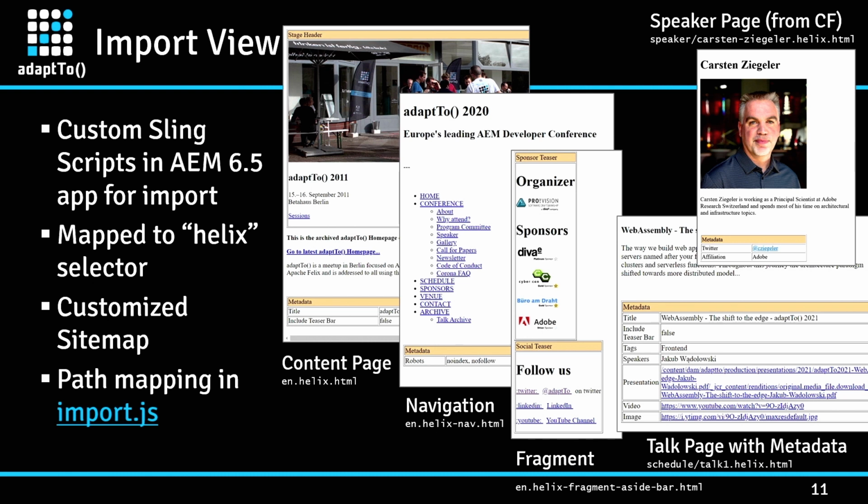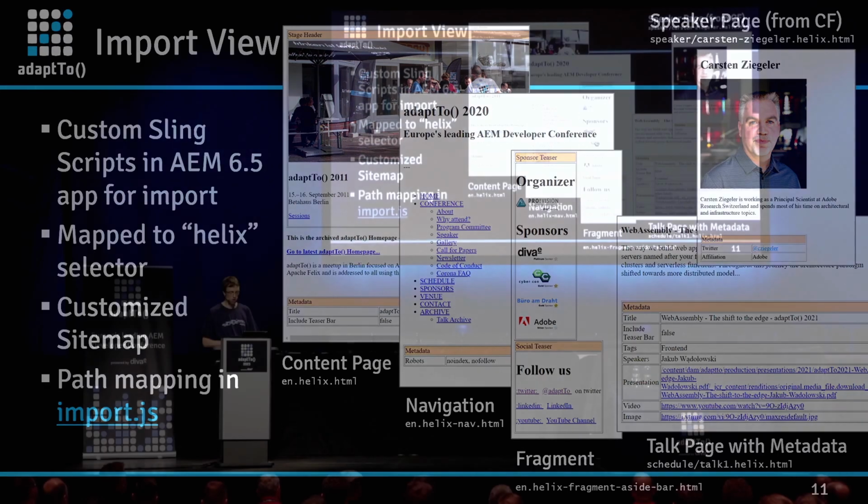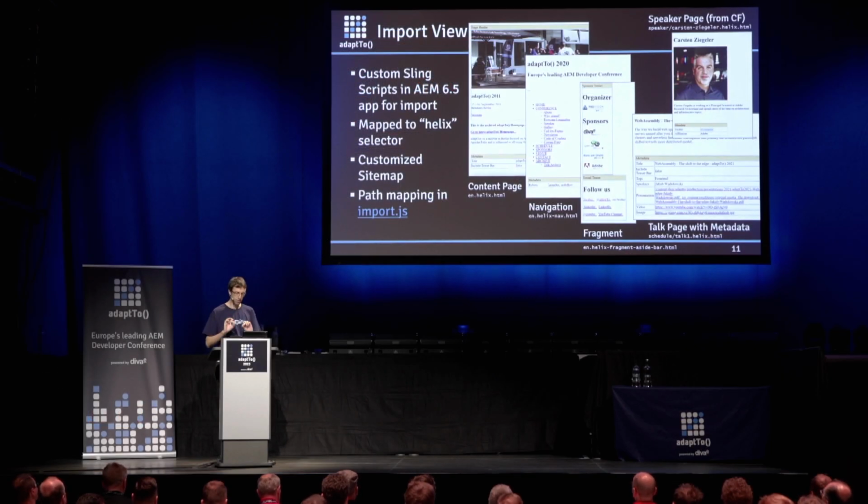The same, for example, for fragments. In the old applications, fragments were just components inherited down in the page hierarchy. So we added a special view to import these fragments in separate documents. And with this, we had a fully working import very early in the project with all the details and exactly the structure we wanted in our documents